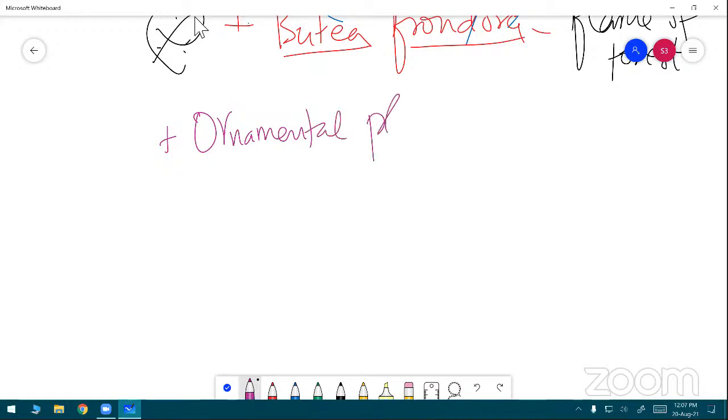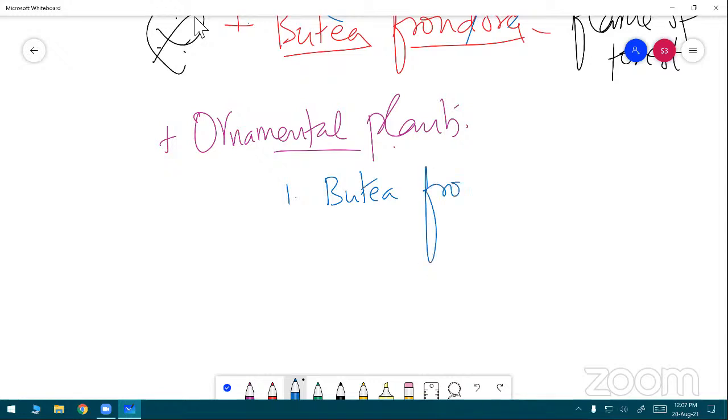Some plants are there only. Just follow me. The first plant we want to mention is Butea frondosa, the flame of the forest. The second ornamental plant I want to mention,